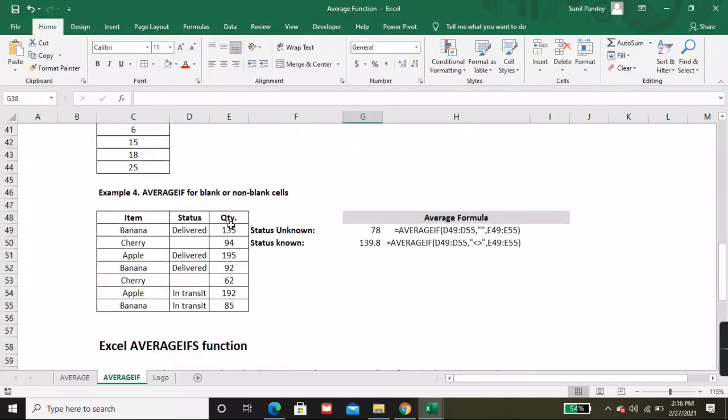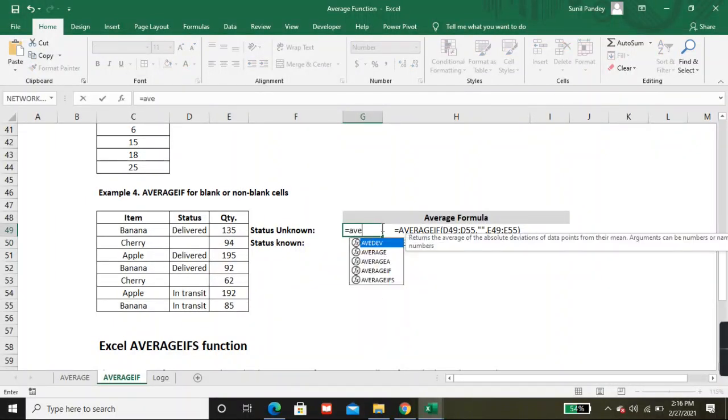Okay, now see the fourth example of average if for blank or non-blank sales. We have a table like this: items, status and quantity. We have a blank also. Okay, so status unknown and status known. Okay, let's see how we can do it.